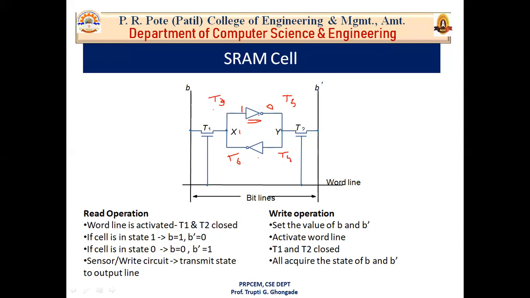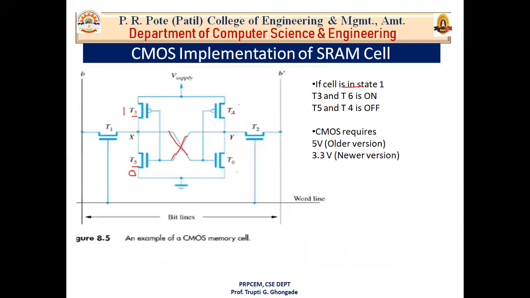Now similarly, this inverter is T4 and T6. So this is the second inverter. When this cell is having value 1, X will have a value 1, so this side will be 0. Now this 0 comes here, so your Y will be 0. The same value will be given here, Y, that is 0, and the complement will be given here, that is 1. Now this 0 comes here, that means your T4 is also 0 and the complement is 1 here. That means T4 and T6: now your transistor T4 is 0 and transistor T6 is 1.